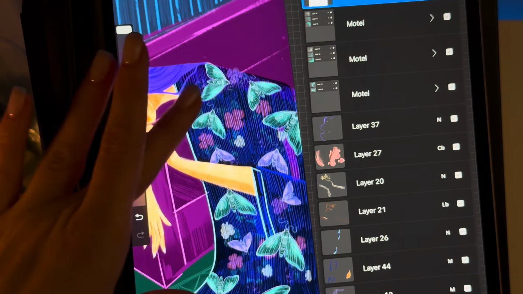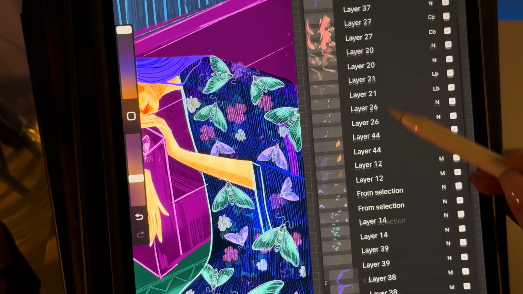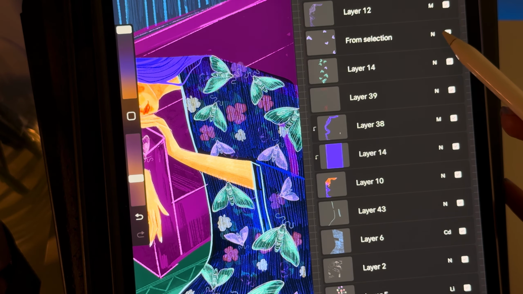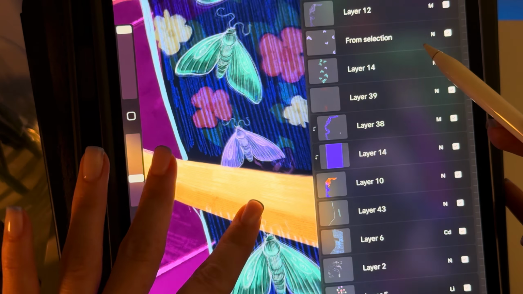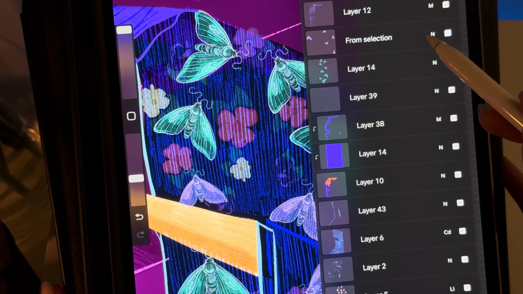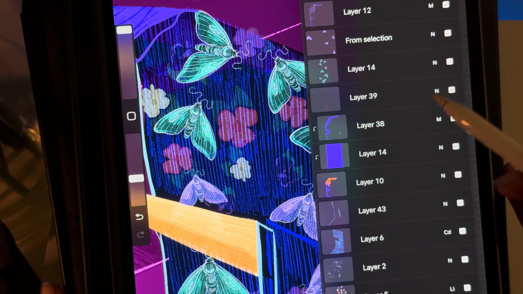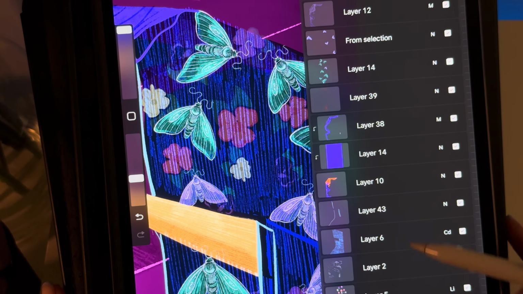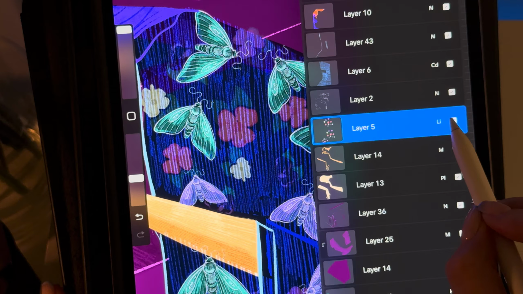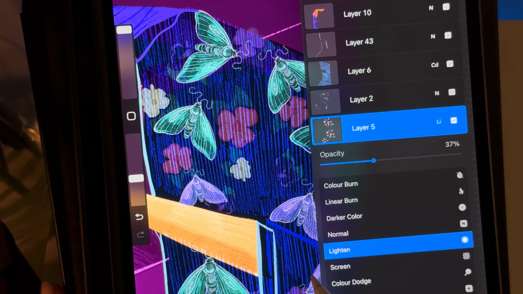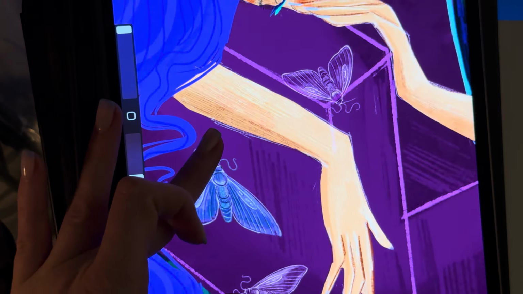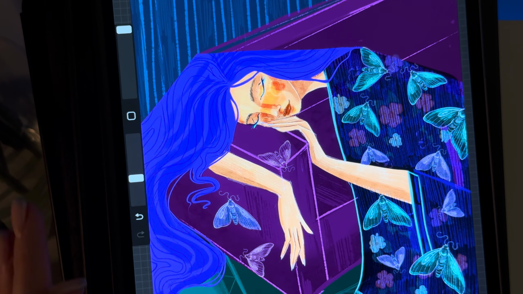So basically, now let's talk about details on the coat. All the butterflies, moths, and flowers are on different layers. Here you can see the green one and the purple one on different frames, and we have flowers, and all of them have just normal opacity and normal layer style. But here you can check the flowers have a different one. It's lightening and opacity is 50%, so it makes them a little bit lighter and easier to hide on